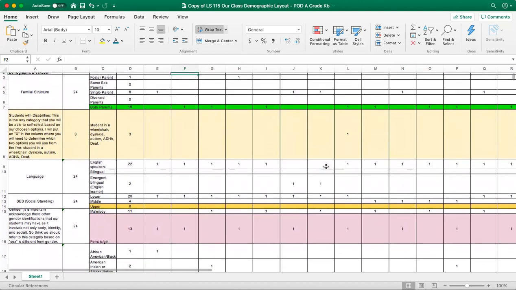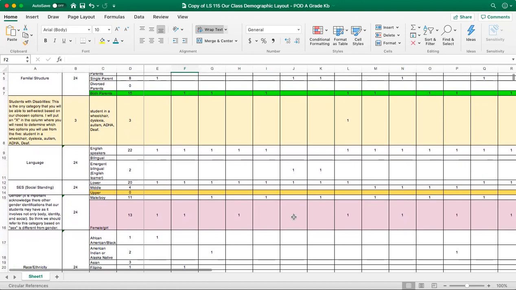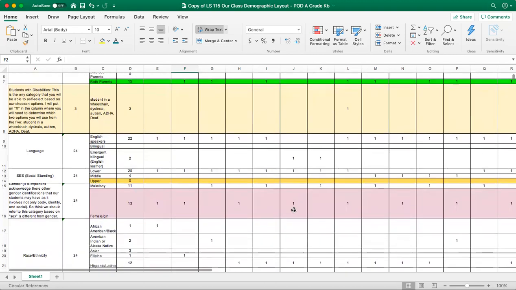Emergent bilingual English learners, we had two of those in our class, something that we really did try to implement throughout our whole lesson. And again, not something that I experienced as a student growing up, but I definitely know that it's something that I could experience depending on where I choose to work.